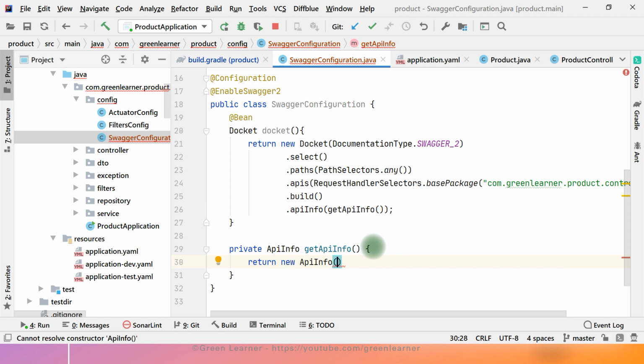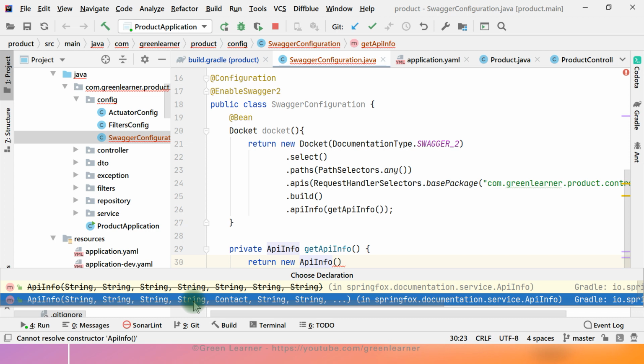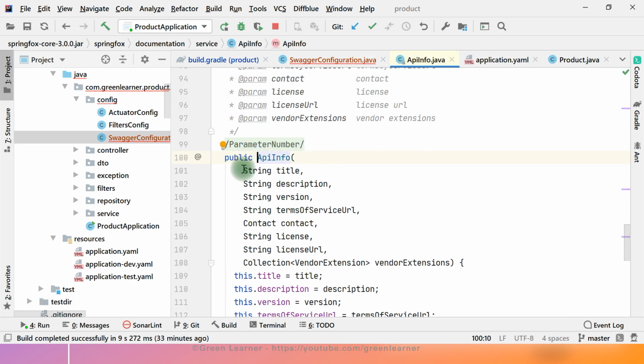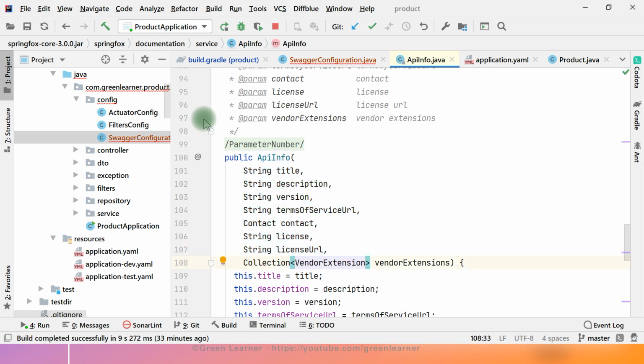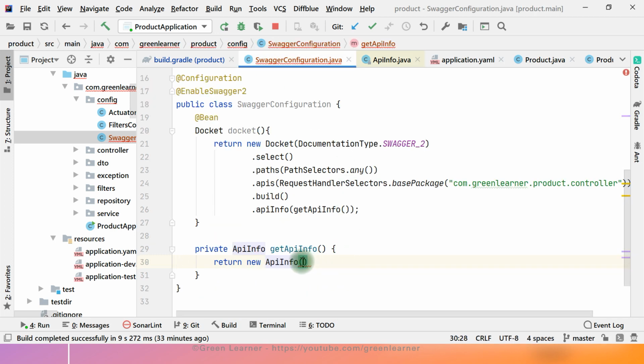So new, and under this if you come here, there are a couple of pieces of information that you have to pass here. So what are these? You just select it and these are the things that you have to write: title, description. Let's go one by one and add this information. So first information is title, product microservice.